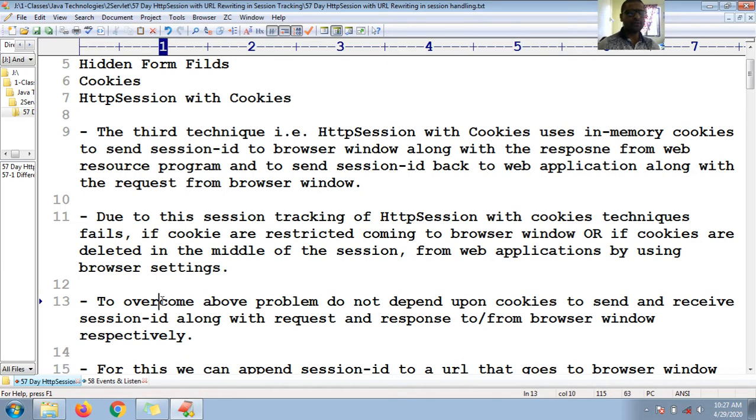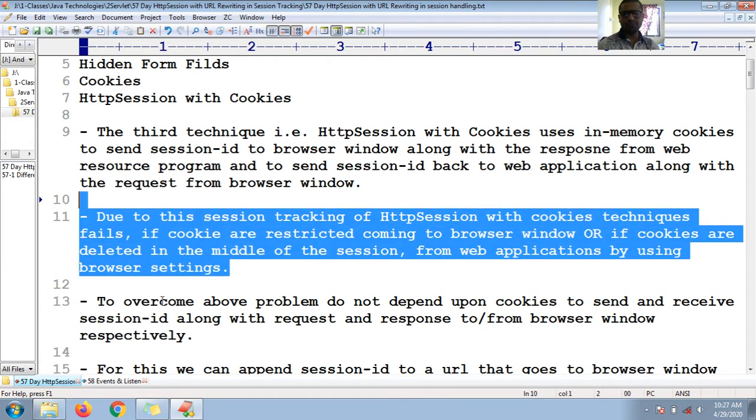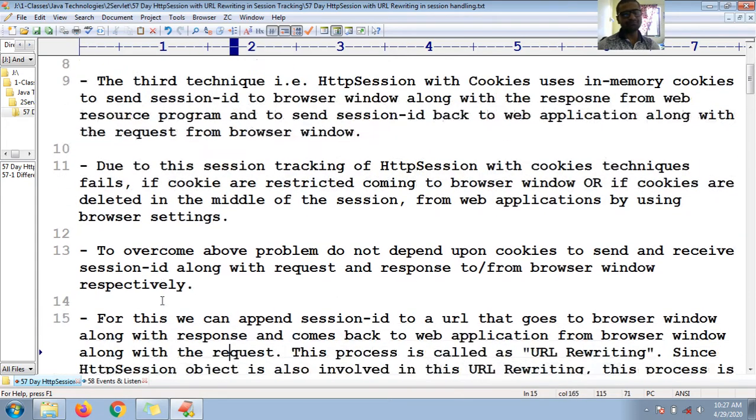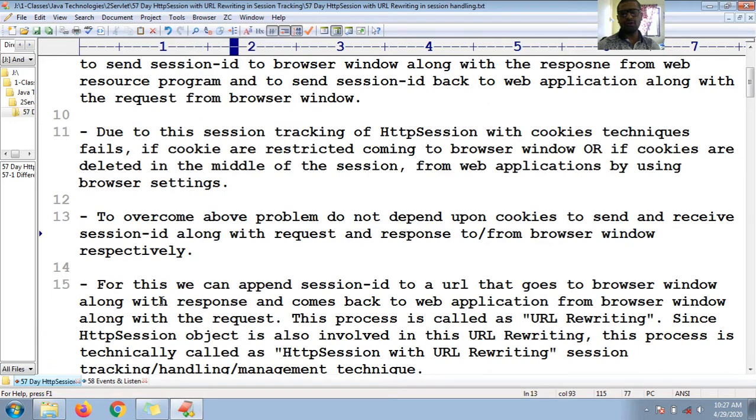So to overcome these two problems, we should not depend on the cookies to send and receive session ID along with the request and response to or from the browser window respectively. Okay, fine.